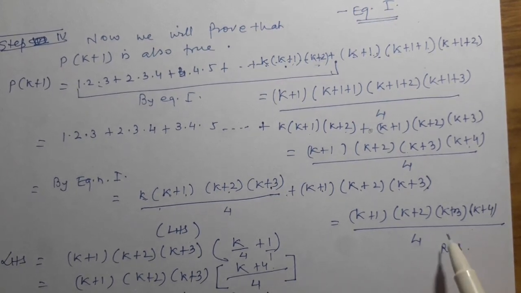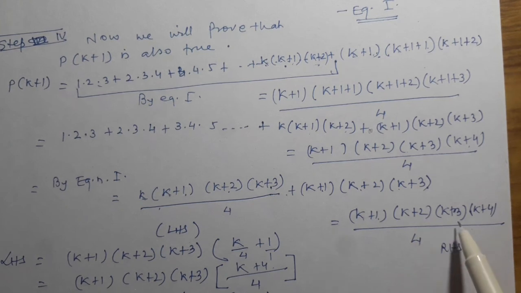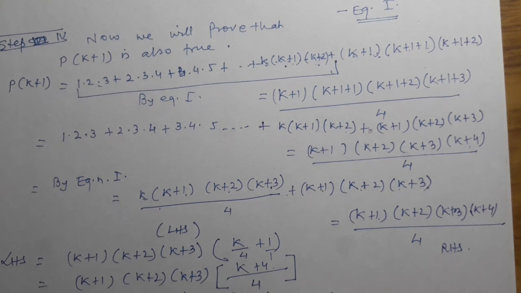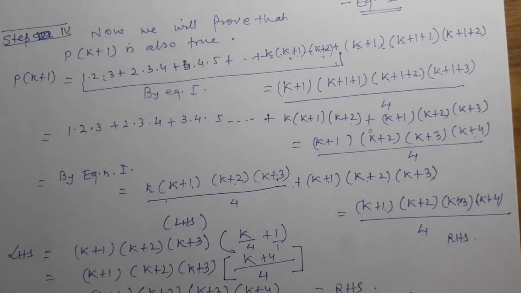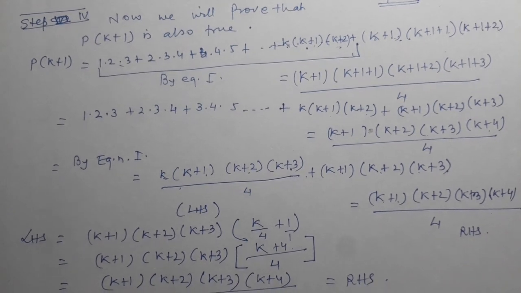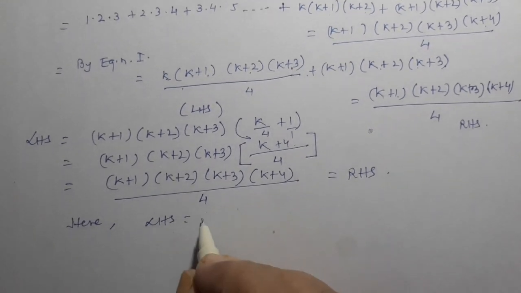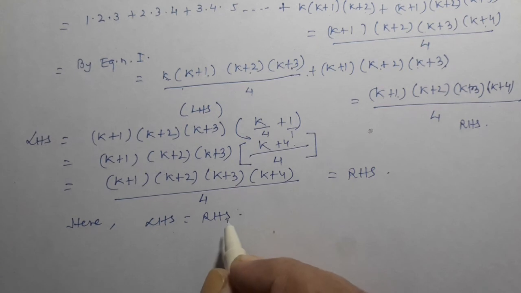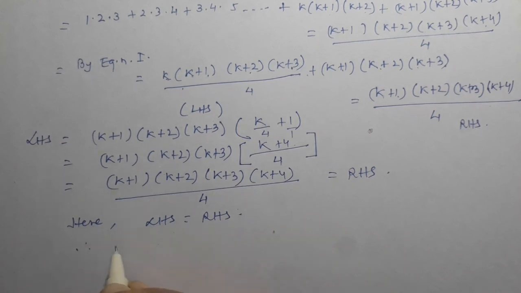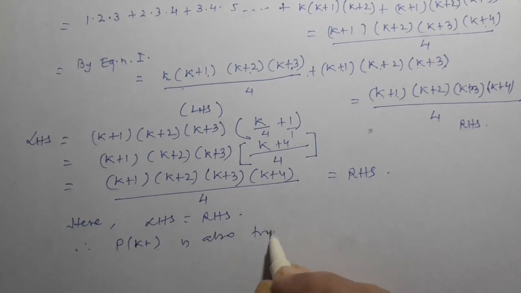So this became RHS. k plus 1, k plus 2, k plus 3, k plus 4 divided by 4 is equal to RHS, right? Here LHS equal to RHS. So P(k+1) is also true